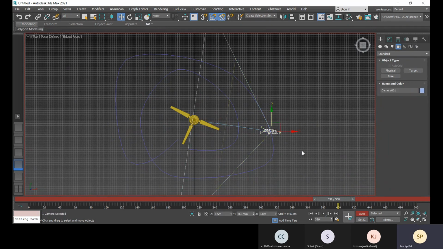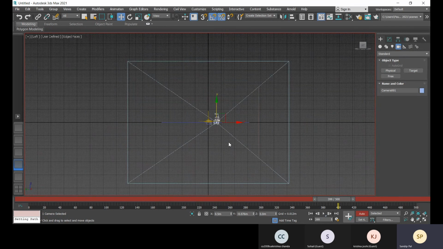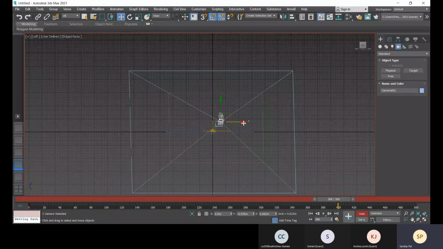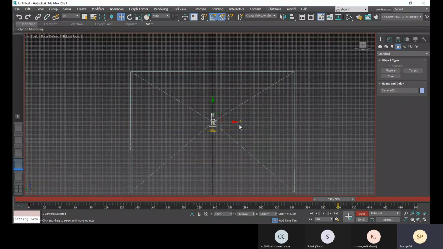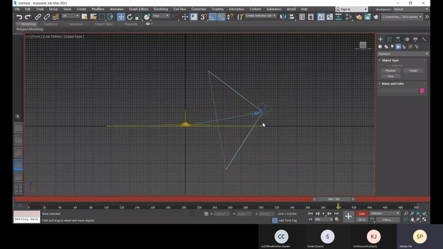And then select that camera, you can check it from the left view if that is proper. Move it a bit, go to front, you can check it. Okay, so that is all right.